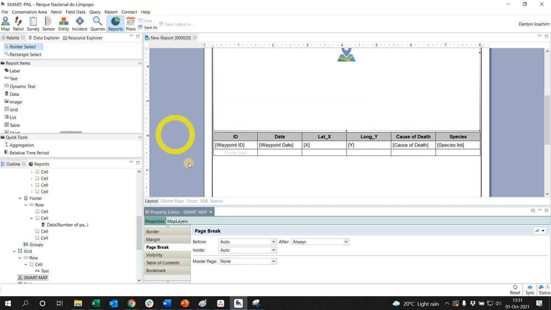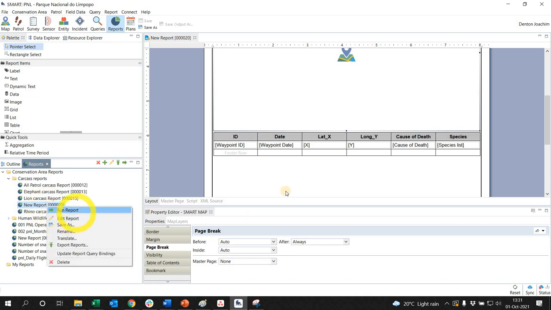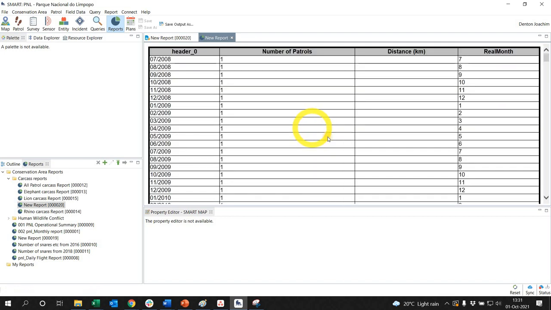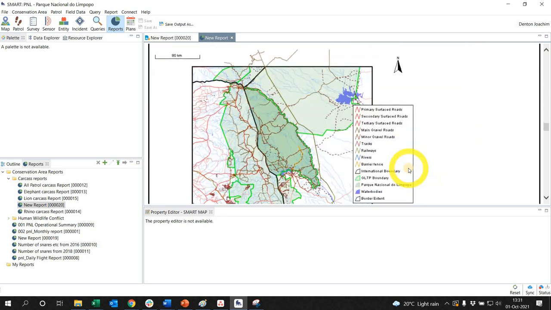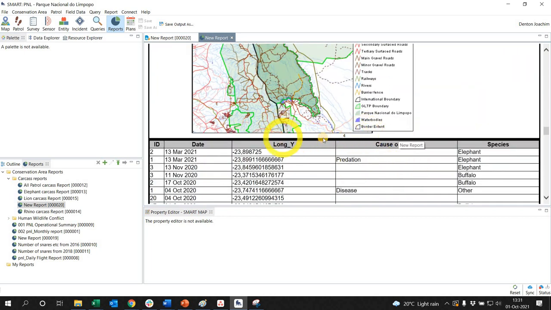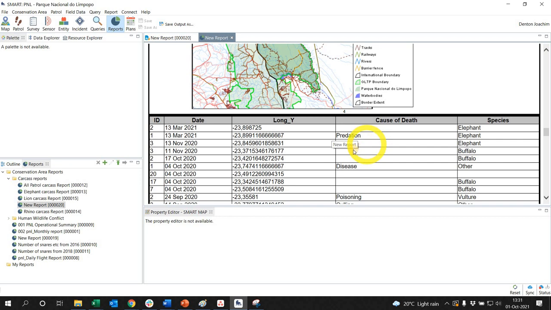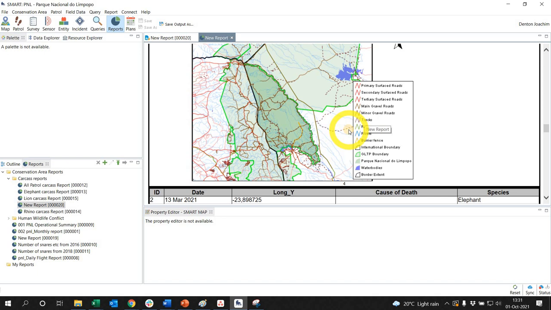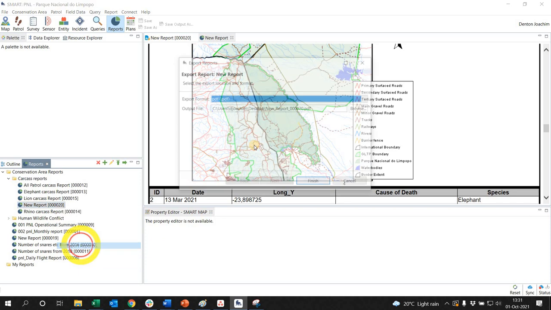So I click save in order to make sure that my changes are permanent. And if I right click and run report on all dates, you will see that in this preview, it's not going to show you the page break. So if I go down here and you see my map, you'll see that there is no gap between the map and the table. This is not a good reflection of how a page break is defined. It's not an issue with this conservation area or anything. The best way to do it is to export it to a file format that you've specified. So I right click and I say export